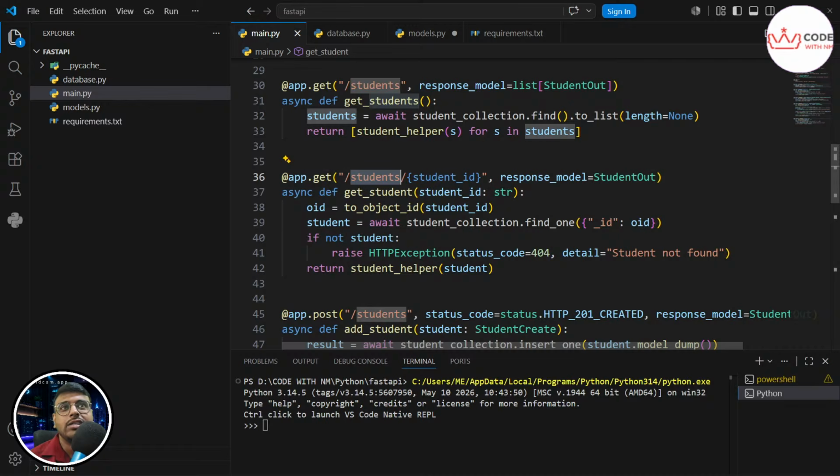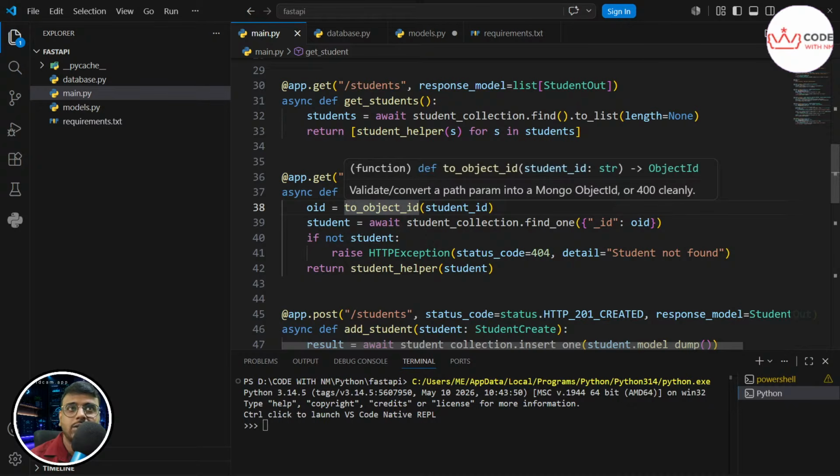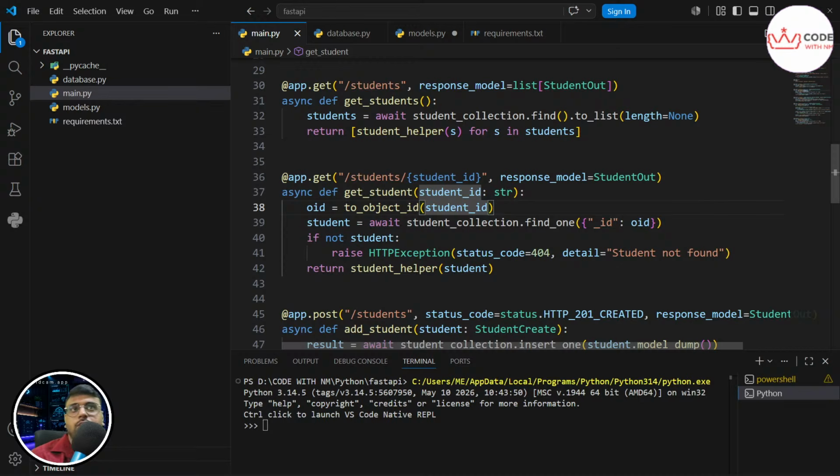We have created an API /student, and of course we are asking which student ID you want to fetch, and of course the response model, I have already explained this. Clear till now? Okay, thank you for the response. And the async definition, student ID, we are passing it as a string. This code we have already seen and learned in the previous live. What is OID? It's nothing but a variable I have created. For me, it's the object ID. You can have your own variable name, and here two object ID I have used, and this is the function name, and of course what it does is it will take an input as a student ID,